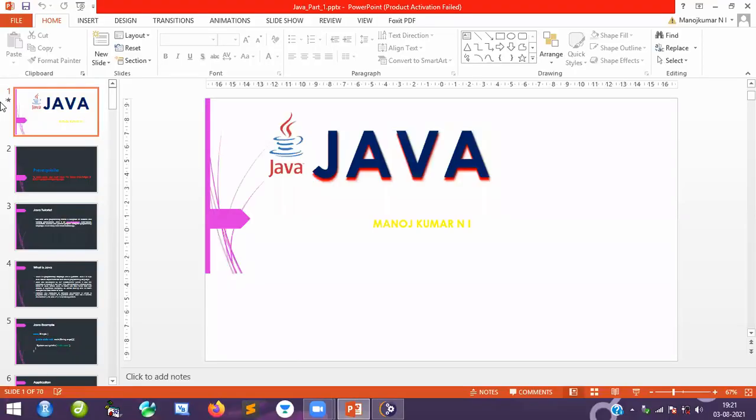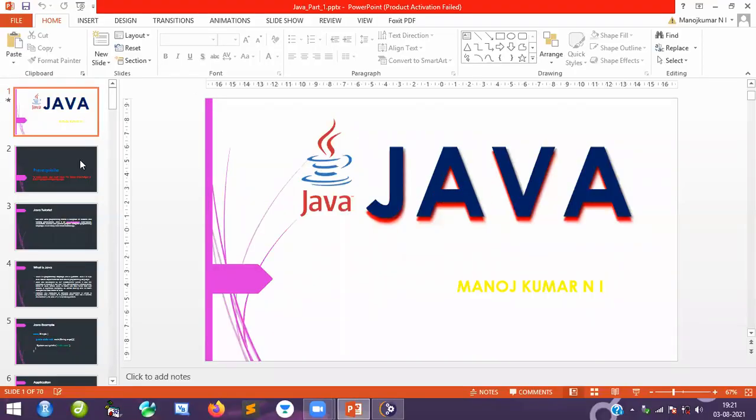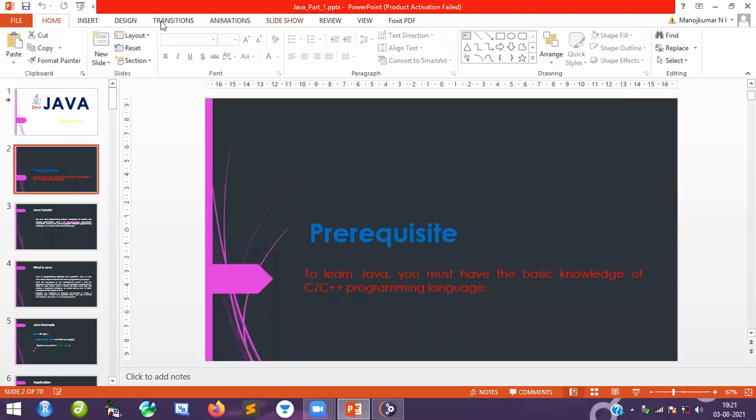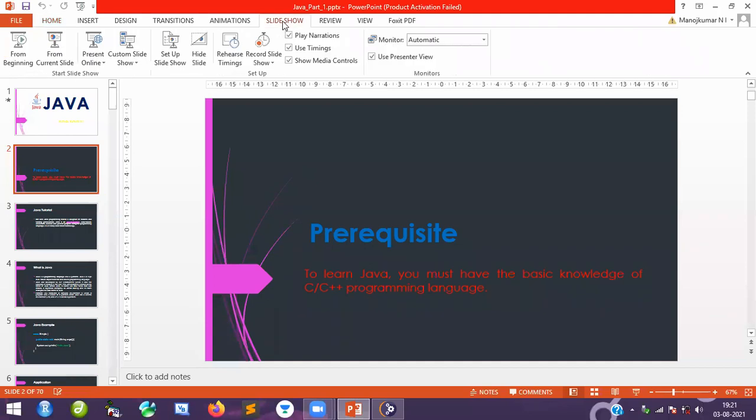Let's see some details about this. Basic details of Java, a little bit about history, what the requirements are. Everything I will discuss later. Maybe 2-3 classes, then another 1 or 2 classes you will have theory, because this theory is very, very important. As a beginner, you need to know the theory, because we have to understand what you mean by JDK, what you mean by JRE, what JVM is, all those things. These 3 concepts are very, very important. You need to understand them. Before that, we will learn about the history.